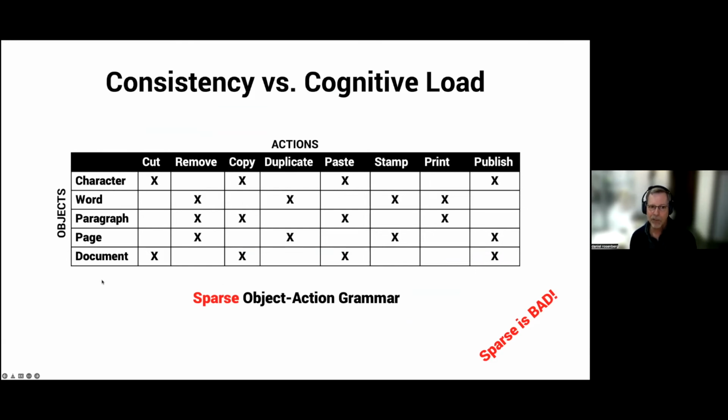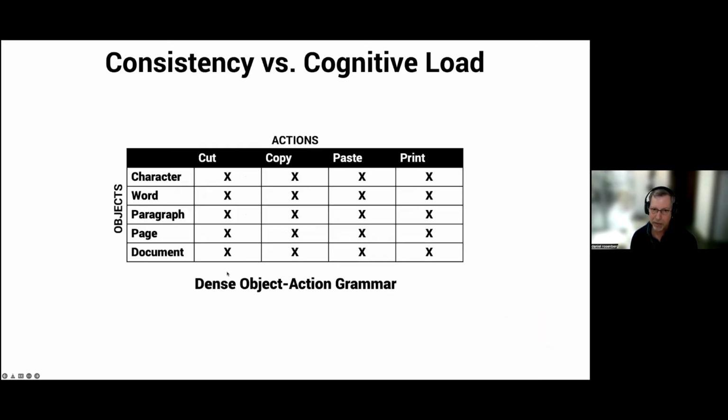So I have designed 3 word processors in my life and redesigned a few. And early word processors were really bad, even before graphical user interfaces, where users would recognize objects to be a character or a word or a paragraph, but the commands were redundant and inconsistent, and it was a whole mess. And this is what I would call kind of the sparse grammar. And Larry Tesler came up with the idea at Xerox PARC 35 years ago of crushing the matrix down and making it very dense and making actions that transcend not only a single application, but the entire computing environment, like cut, copy, paste, which he came up with.